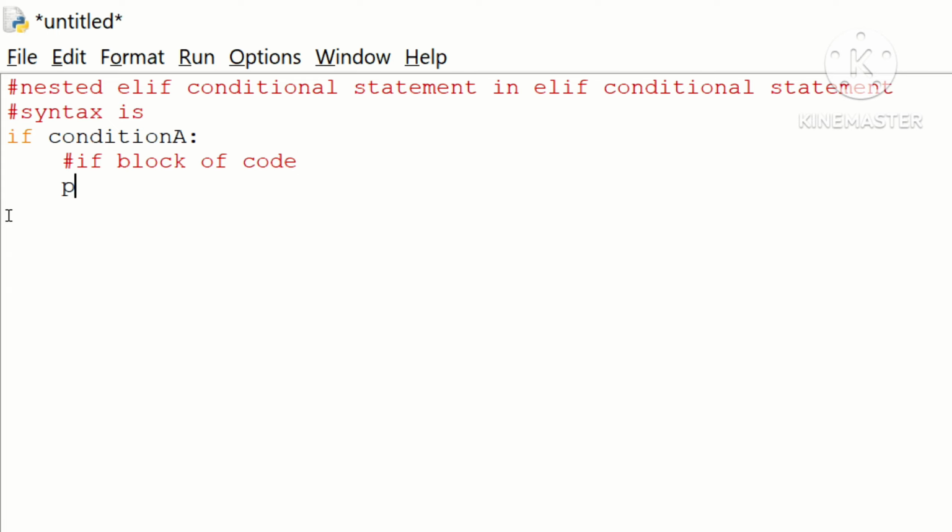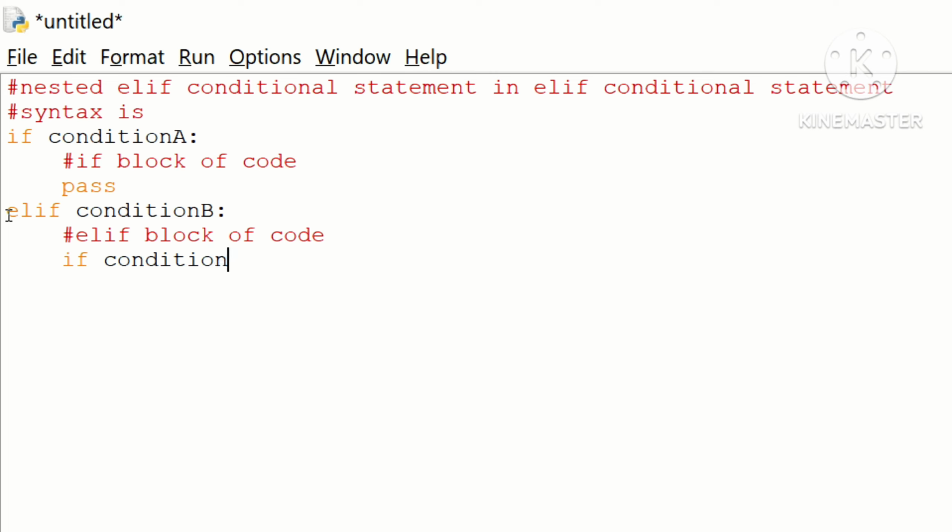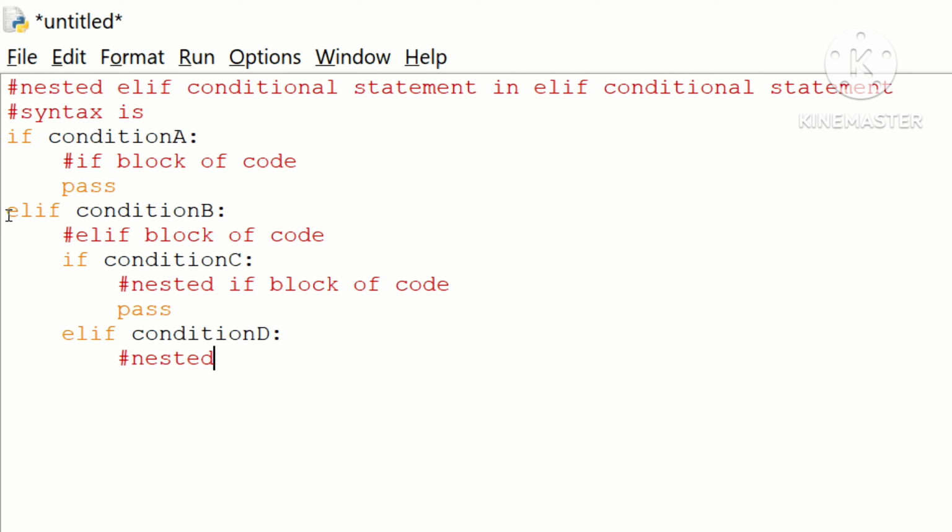Press enter, pass. Press enter, elif, space, condition b, colon. Press enter, it automatically takes indentation. # elif block of code. Press enter, if, space, condition c, colon. Press enter, it automatically takes indentation. # nested if block of code. Press enter, pass. Press enter, elif, space, condition d, colon. Press enter, it automatically takes indentation. # nested elif block